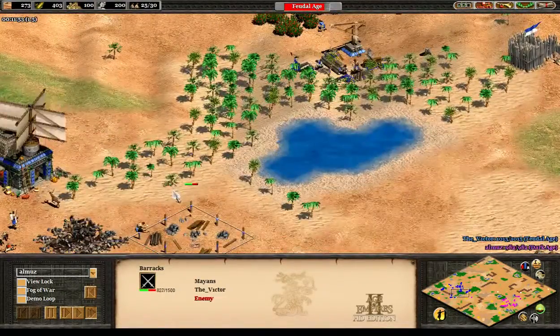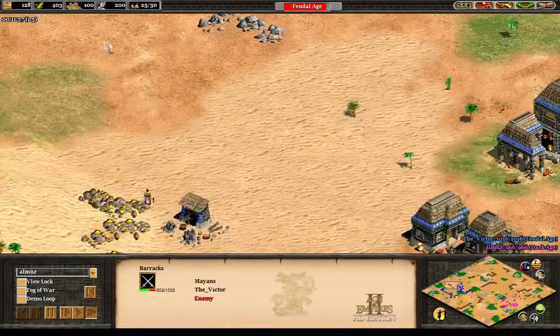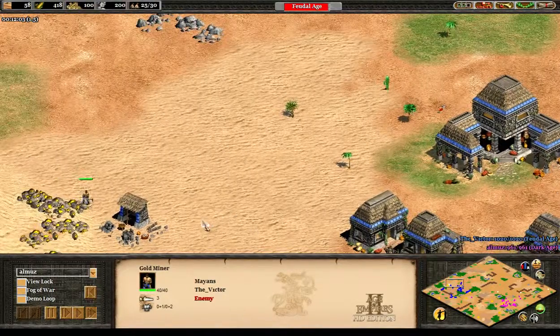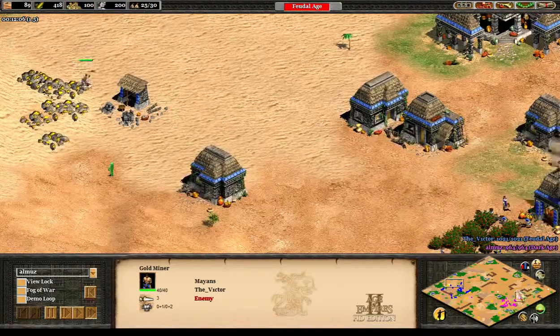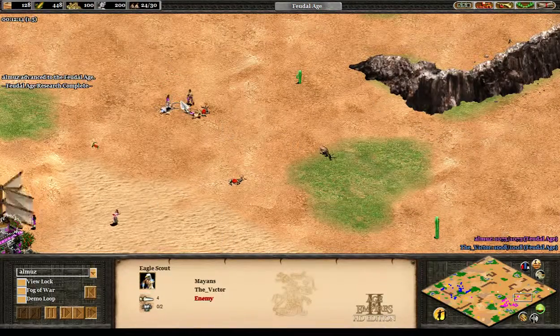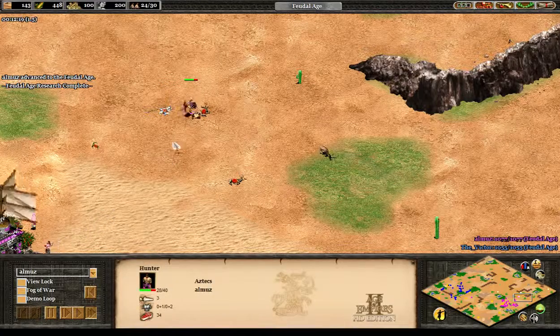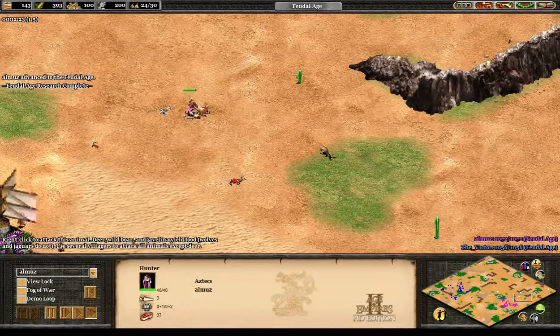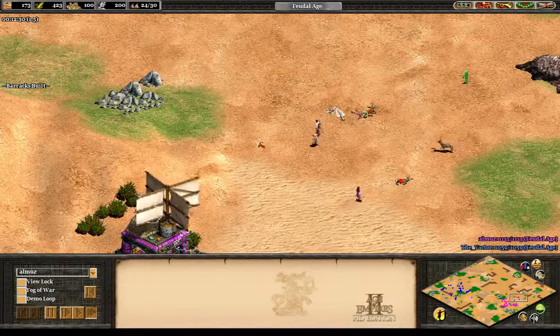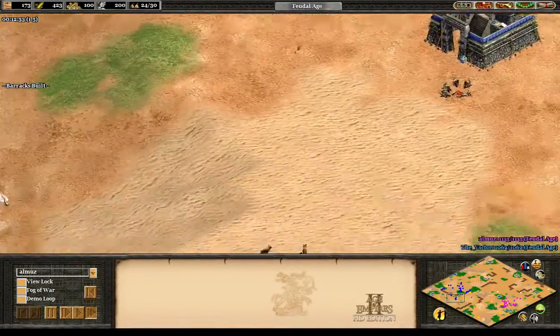The victor only just putting up his barracks, and he's only gathering. He only has 1 villager on gold, which is again really very bad. Looks like the victor has sniped a villager there, but he's also lost his scout. Arguably, it's probably worth more to keep on harassing your opponent with your scout rather than lose your scout